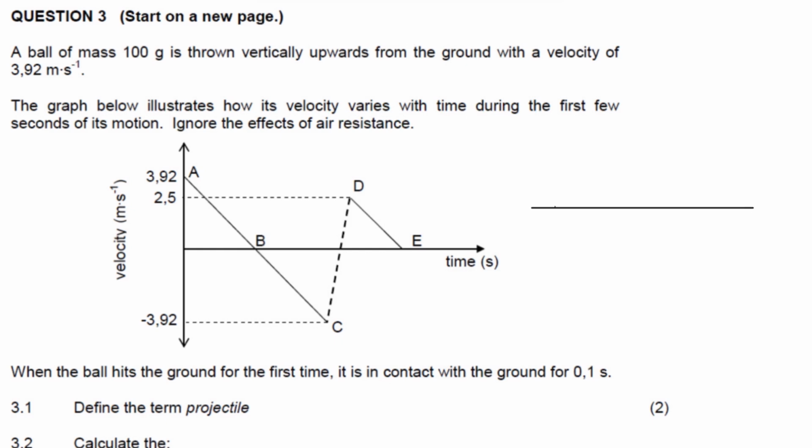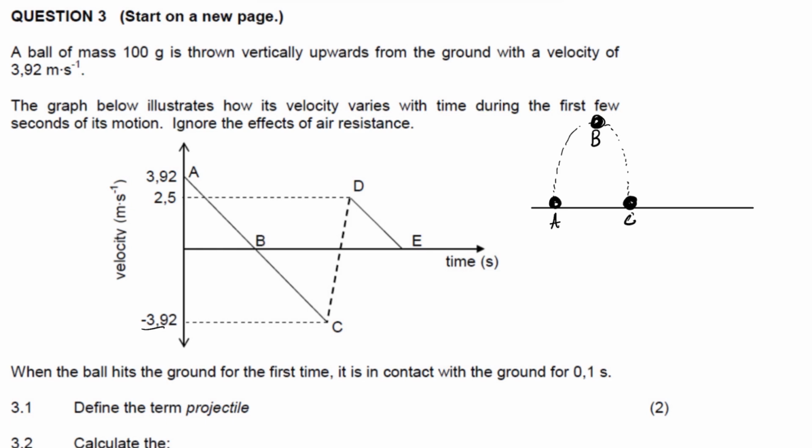So it's thrown from point A, the ball from point A, and it decreases to zero, which is point B. And then from point B, it increases in the negative direction, till it reaches the ground with the same velocity,